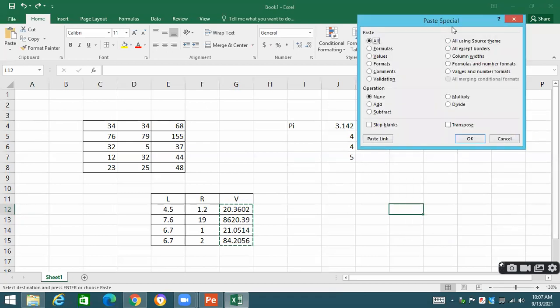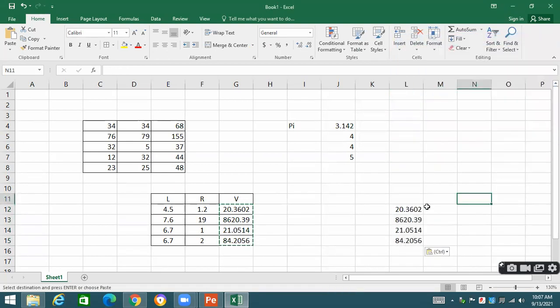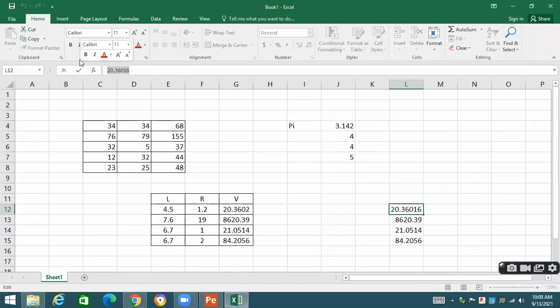Now whenever I open paste special, it is going to ask me what you want to paste. All formula and data, only values, only formulas. What do you want to paste? If I say only values, you will see that values have been pasted over here. Only values. No formula is there behind. But if I click on this data, formula is there behind this value. But if I click over there, no formula is there. It is showing me just the value over here.